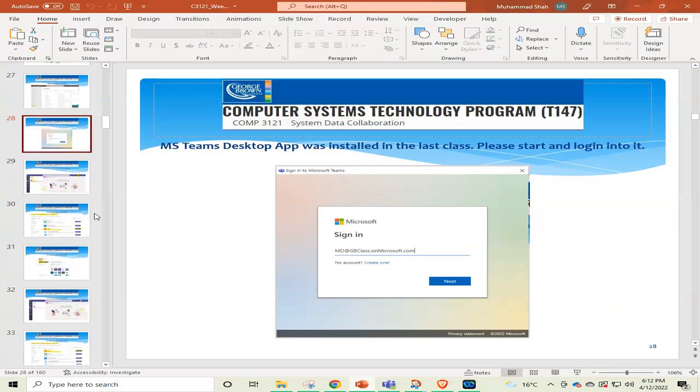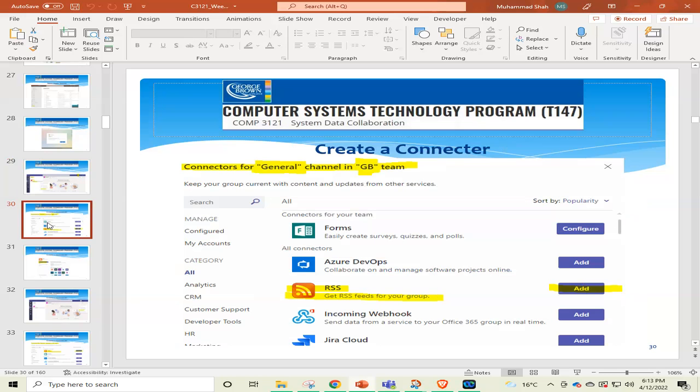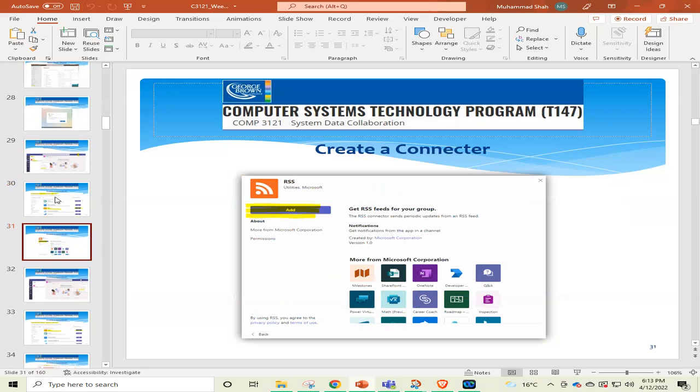Okay, so I logged into my Microsoft Teams desktop app that we have already installed before, in last class also. And then I logged in with my new login. You guys can also log in with your own login names. In the Microsoft Teams app today,